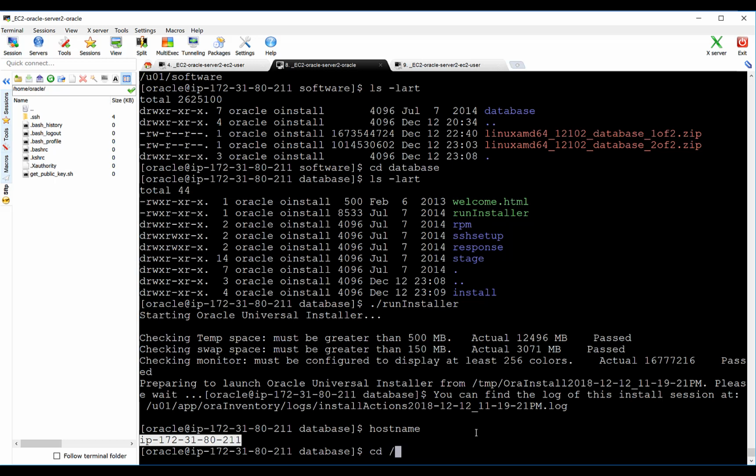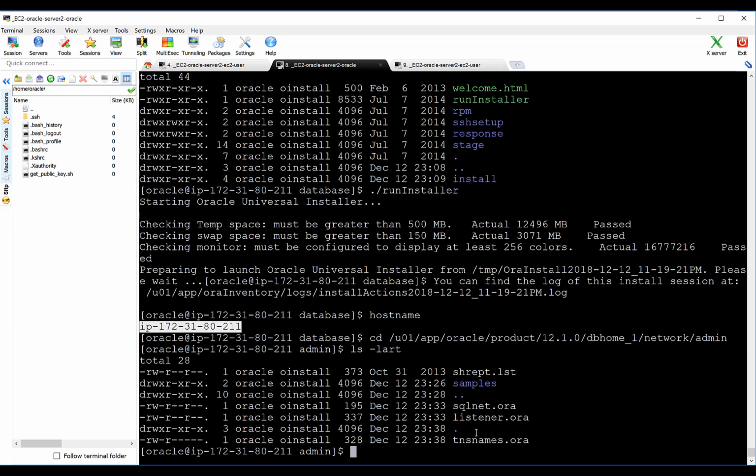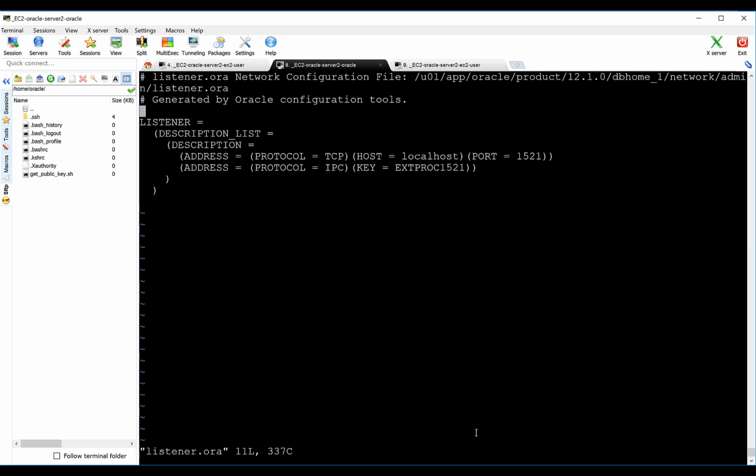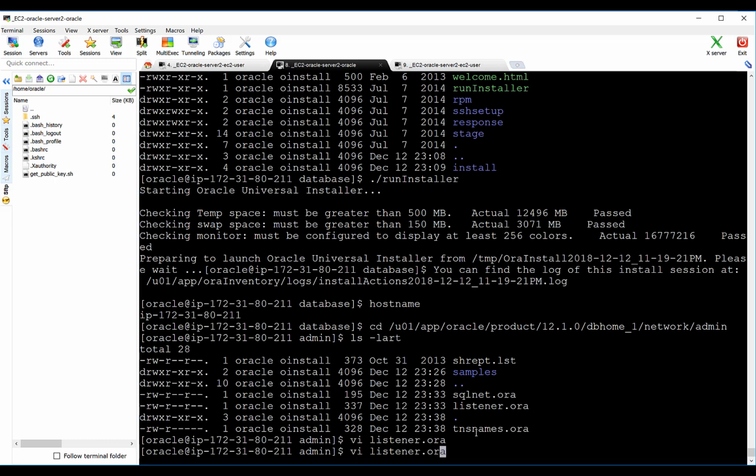So we will go into the database directory for this version of software we have installed, and there are a couple of files that we want to modify. The files are the listener.ora file, and you want to replace the localhost with that value of the host name that we actually have. So let's save this file, and there's another file,